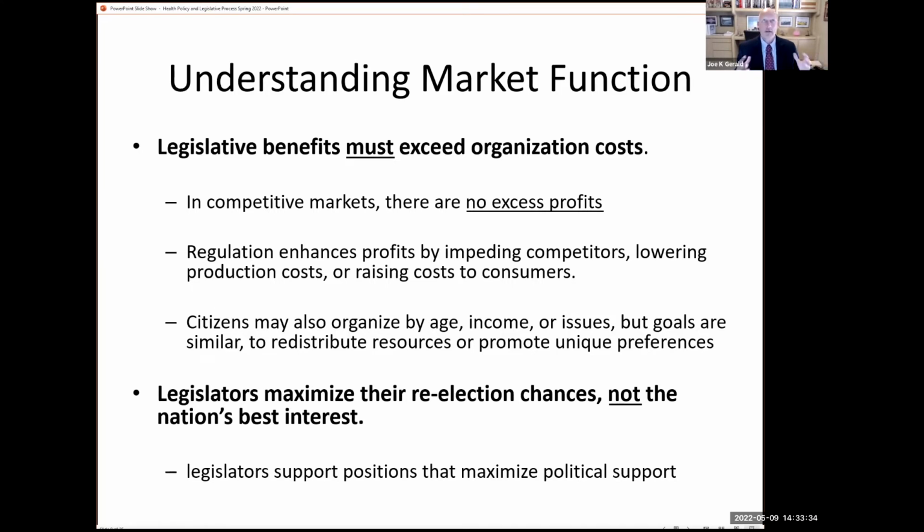Because if our elected officials run too far counter to what the general public is, even if the interest groups are behind them, they may not gain re-election. And so there's always a political calculus when elected officials are thinking about passing legislation. And it's important for you to know this as someone who might be interested in health policy and advocating on behalf of groups that you are serving or your own profession.